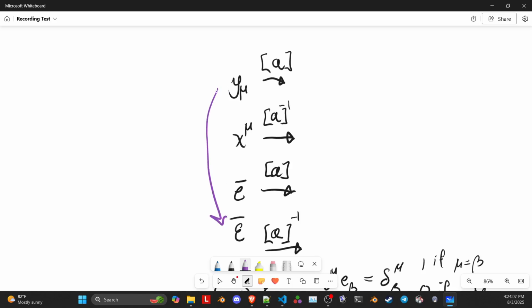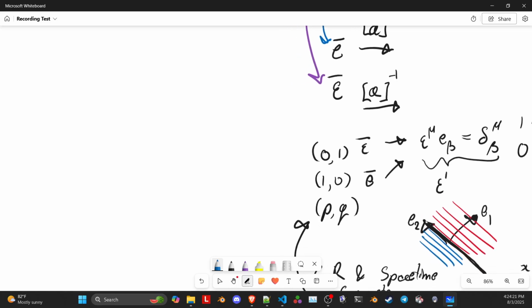The pairing of dual components with dual vectors and the pairing of components with vectors transform oppositely to preserve an overall geometrical object, whether that is a covector or a vector. So then this PQ tensor represents some product combination of components of vectors and covectors. So if we have a covector y, keeping in with our previous notation, and we want to take a type 1,1 tensor, we take a covector and a vector,